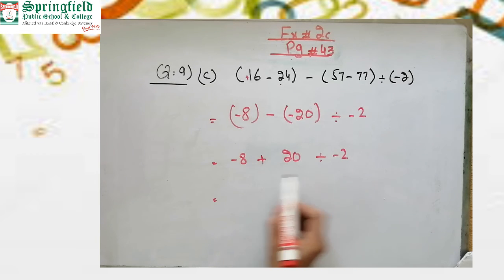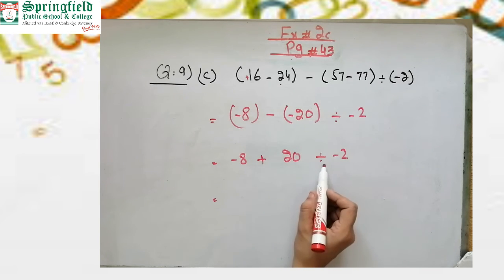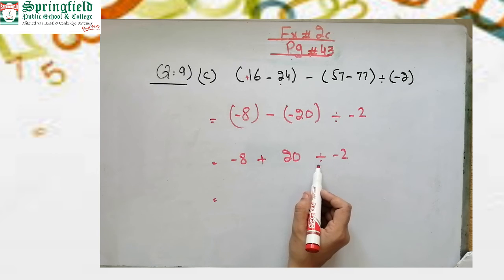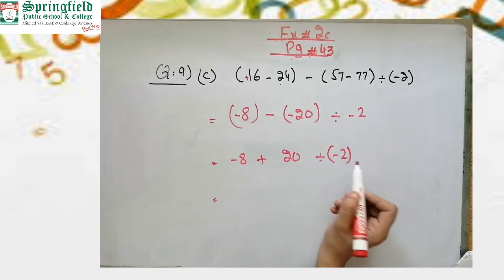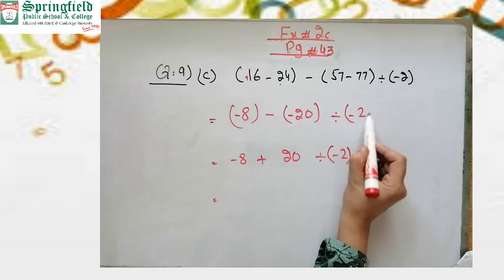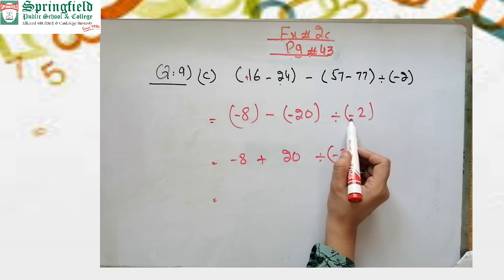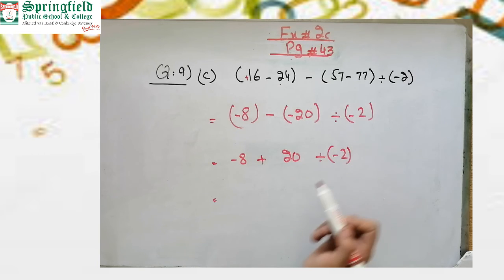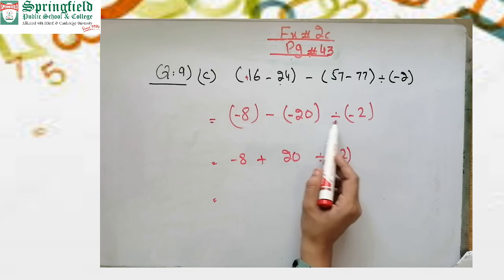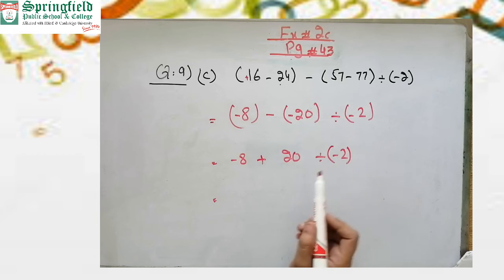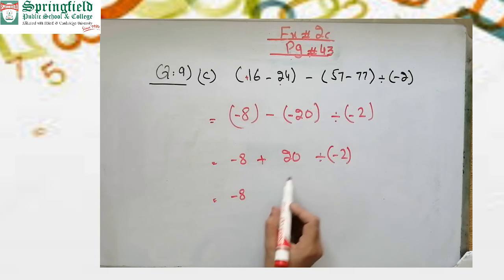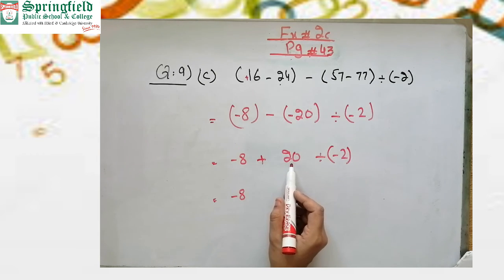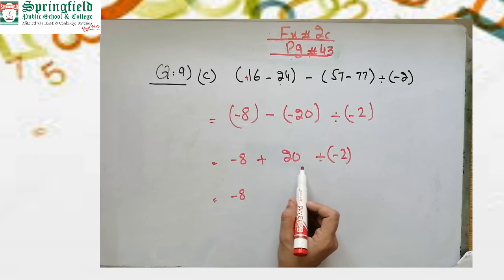Okay, look at this expression. This expression has plus and minus signs and a division sign. So what will we do first? Which operation will we do first? Write it down in a bracket beta, because 2 signs are together. During any two signs you can write the bracket. Okay, now minus 8, first we will divide. First we will do the division procedure.